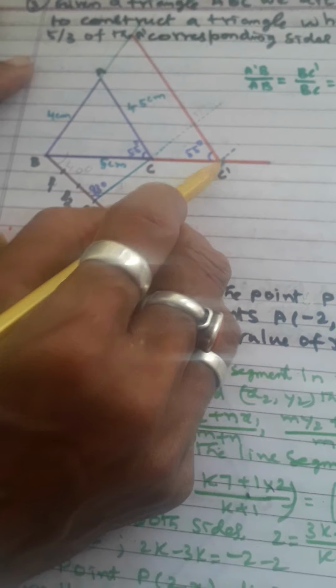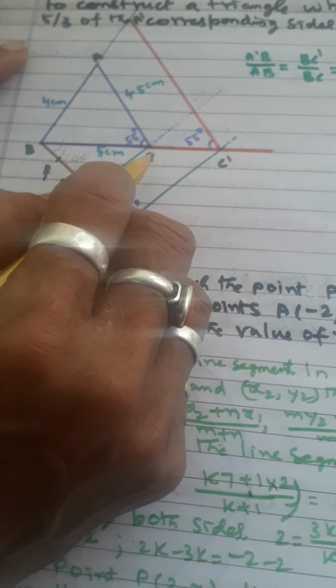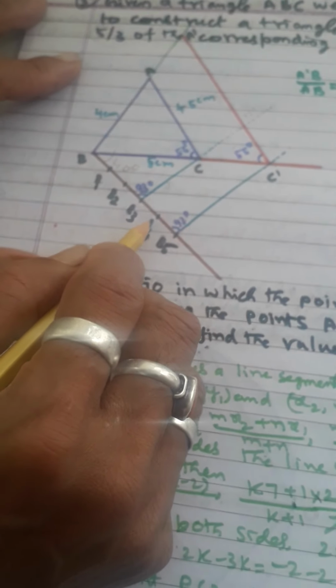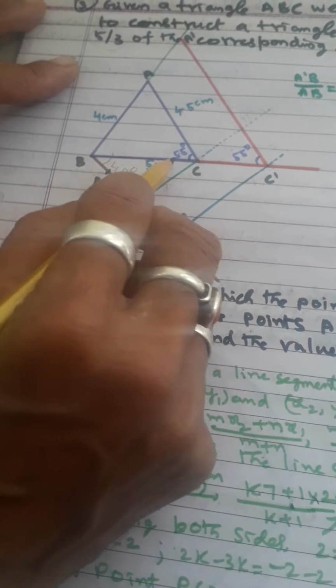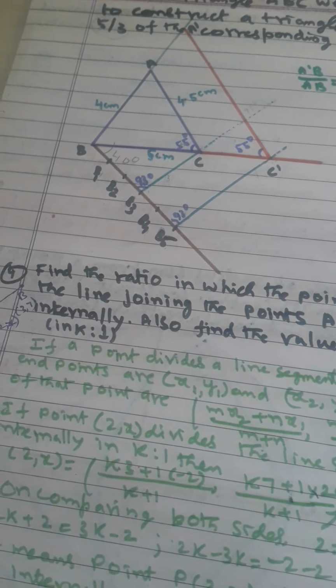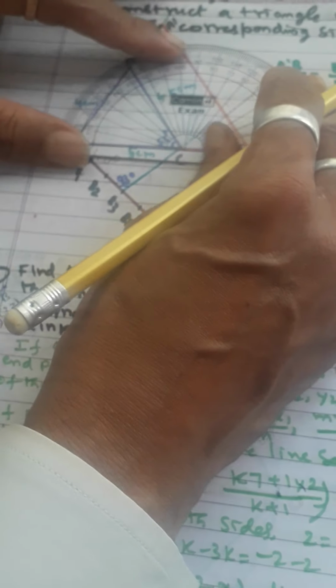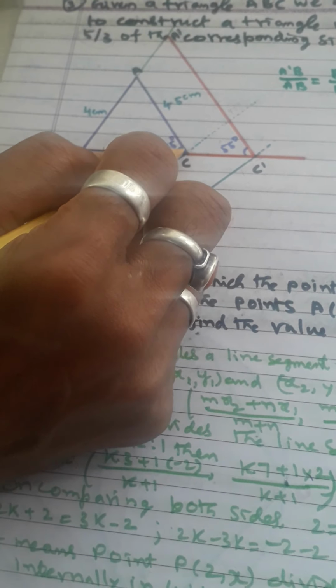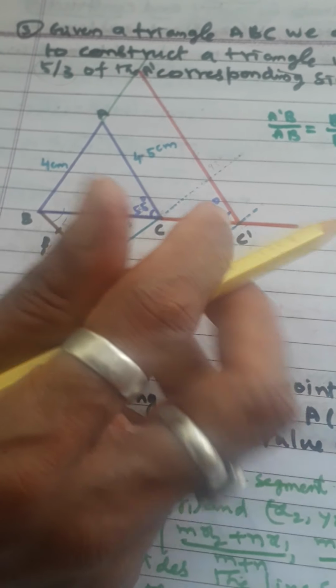Once you have found C dash, we should also draw another parallel line from A. So how to draw another parallel line? For this purpose, again I consider this angle. This angle gives about 55 degrees. So you have to check the angle at C. I am keeping the protractor like this, checking BC and AC. This angle gives about 53 degrees here. So whatever 55 degrees comes there, that same 55 degrees I should draw from C dash. So at the C dash place also, keep that same protractor.